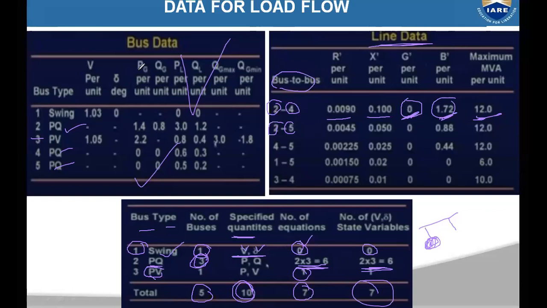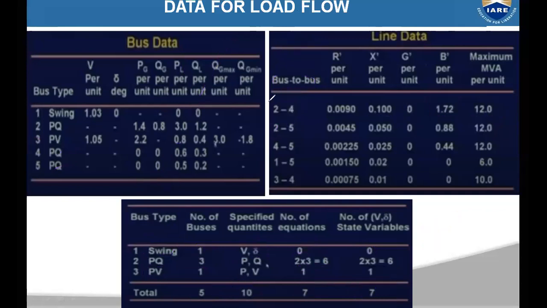So this is about the static load flow equations as well as the data required for the load flow solution. From the next class onwards, we will start the iterative techniques. To solve these static load flow equations, as I said before, P and Q are nonlinear equations, so you have to use iterative methods. There are different iterative methods available: the Gauss-Seidel method, Newton-Raphson method, decoupled method, and fast decoupled method. These are the 4 methods available. We will study all 4 in the coming classes.